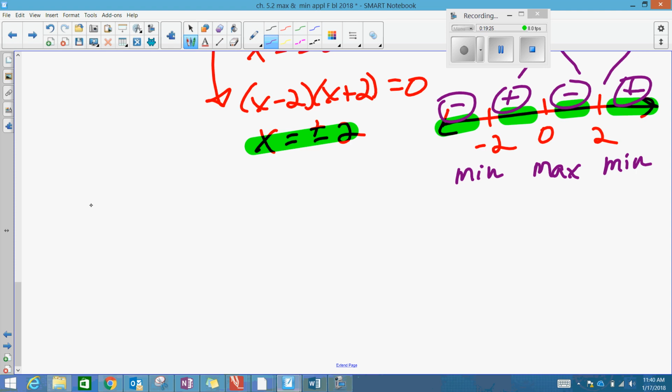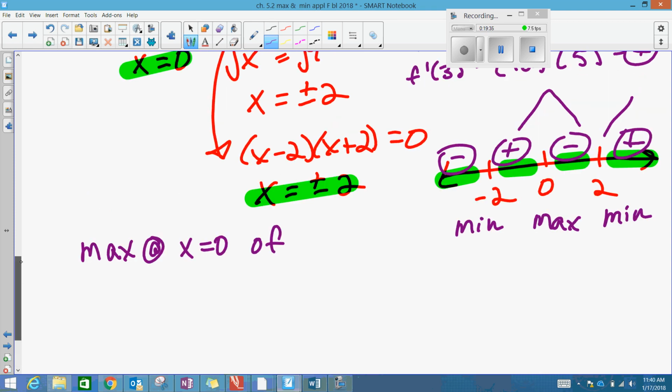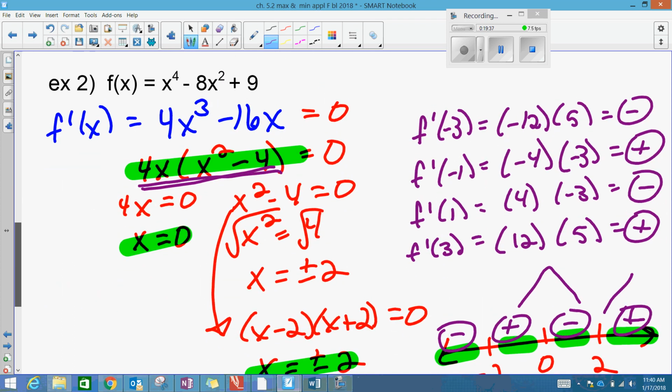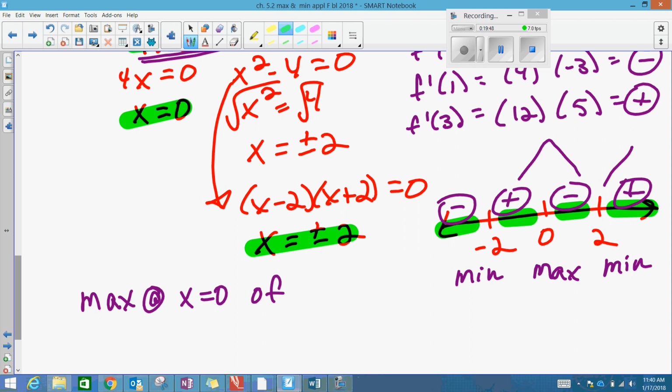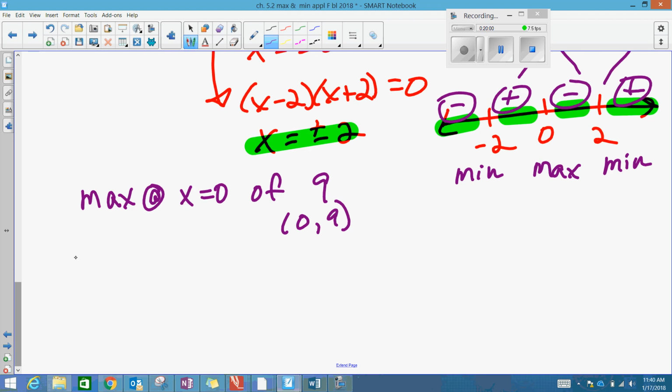So now let's start with the max. We have a max at x equals 0 of, and if we look up here at our original equation and plug in a 0, then we just get a 9, right? Because the x values go away. So of 9. And so that gives us a point we know we're going to have of 0, 9. And now we have mins